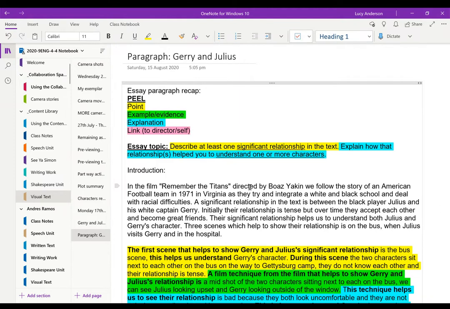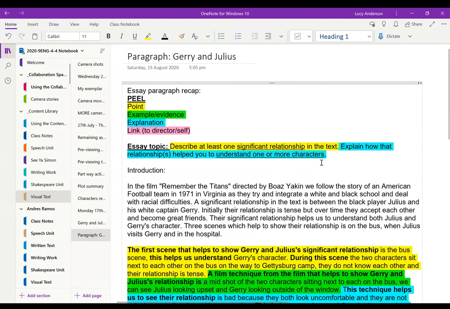And then you're going to link to the director, their purpose, what they were trying to make you think and feel. And then you're just going to give a little bit of personal response about what that makes you think about, if you connect it to something in the real world or connect it to yourself and give some personal opinion. So those are the main parts of the paragraph. I've done one below and I've colour matched them there. So you can see them and I'll talk through that one shortly.